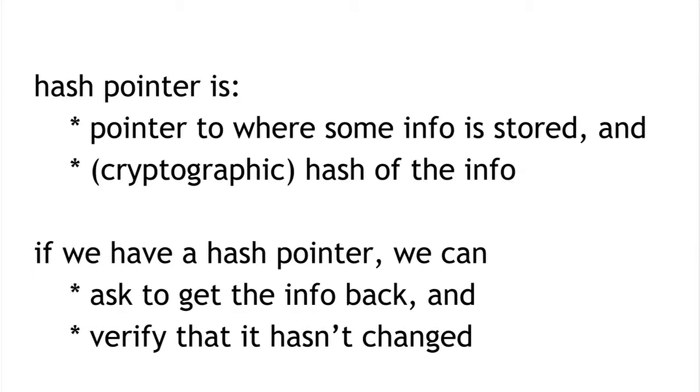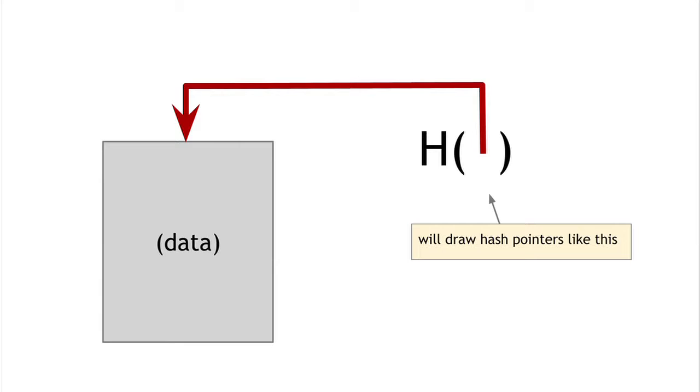And it's also going to let us verify that the information hasn't changed. So a hash pointer tells us where something is and what its value was. Okay, and we're going to draw a hash pointer in diagrams like this: we're going to have H of, and then an arrow that points to something. So anything drawn like this, think of it as being a hash pointer to this thing. It's a pointer to where it's stored, and it's also the hash of the value that this data had